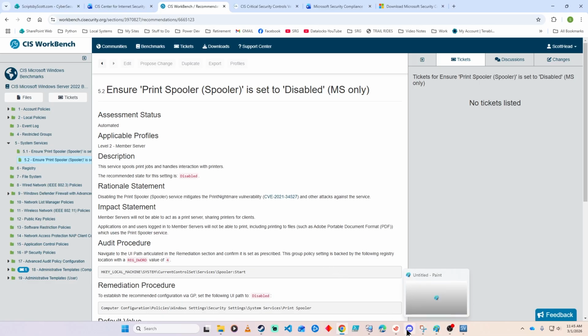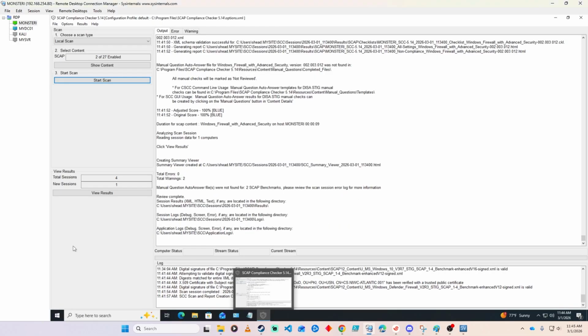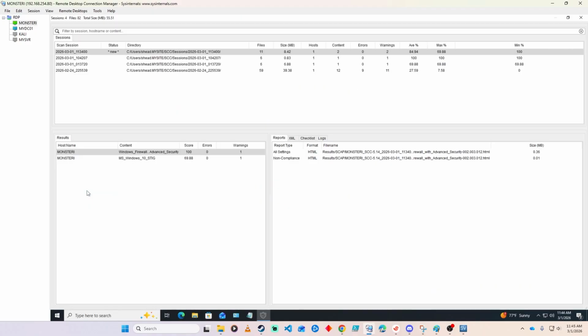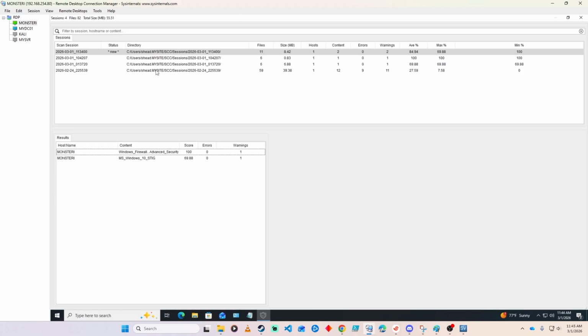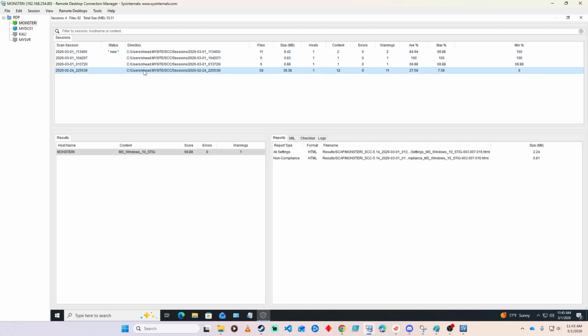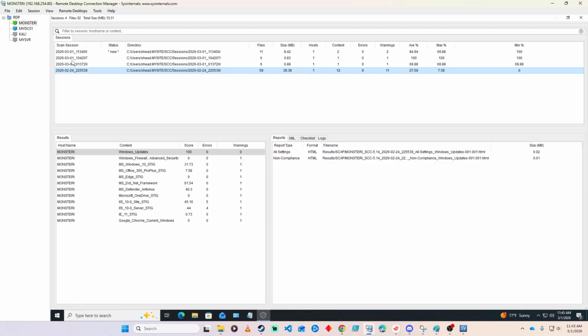Let's go take a look and see how our STIG scanner is done. All right. So now then, this is the SCAP compliance checker for STIGs. Now view results. Now then, right up here in the top, you're going to see this. I've ran this like 4 different times. It gives me a date and time stamp. Now the cool part about this is when I first ran this,